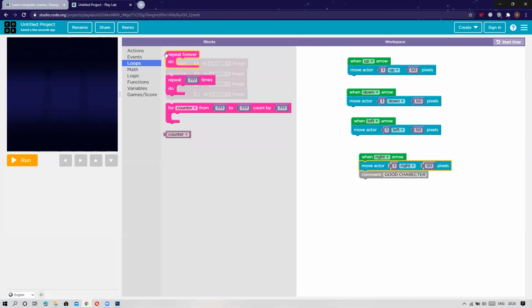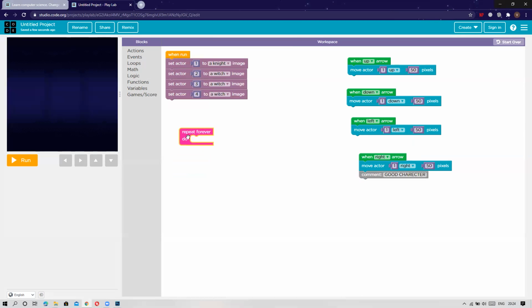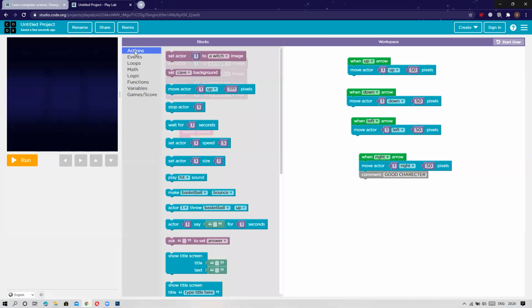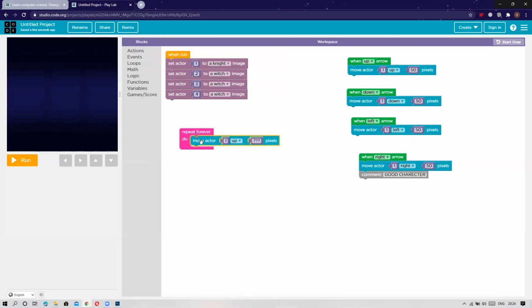So now I will choose a repeat loop, the forever loop. This will repeat the action. We are going to choose this for villains. So number two, and we will select random because we need them to move randomly anywhere in the output screen, so our knight can go and kill them.